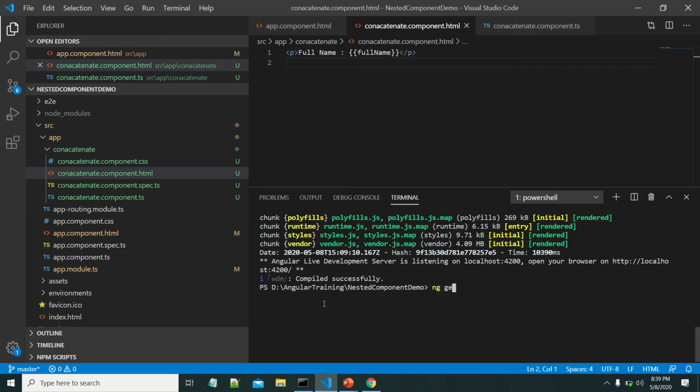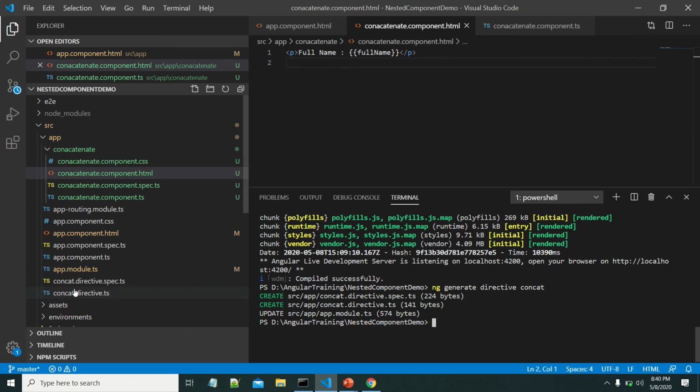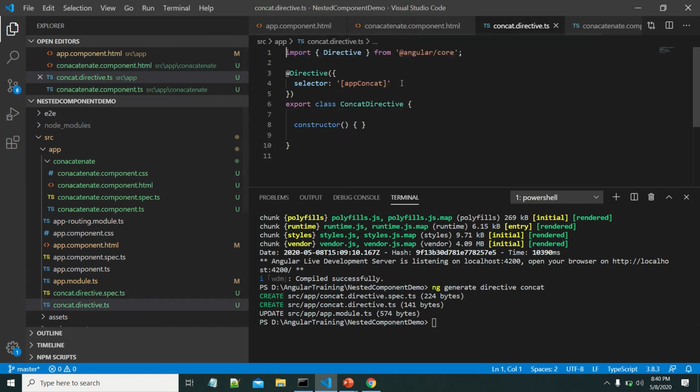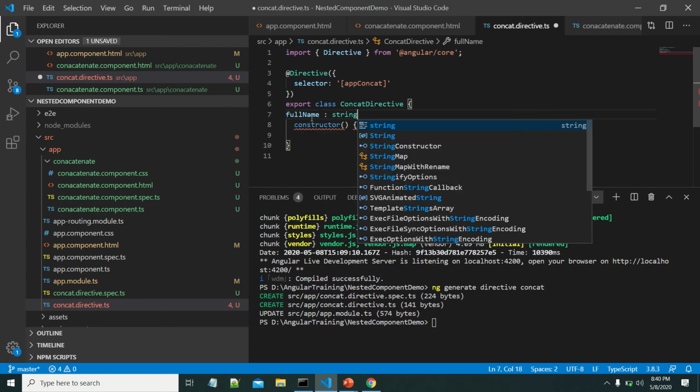First, let me create one directive, concat. Let us add the same functionality to this directive. Okay, this is the directive created. String.